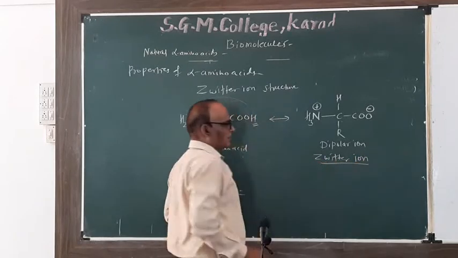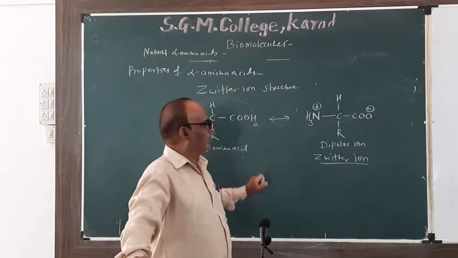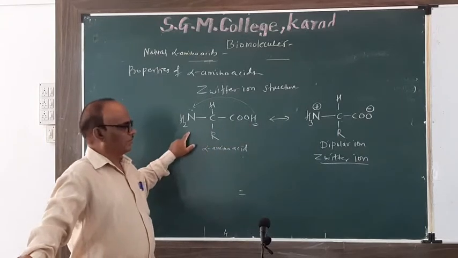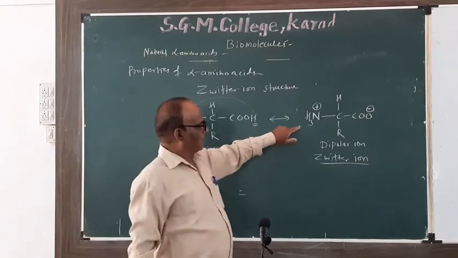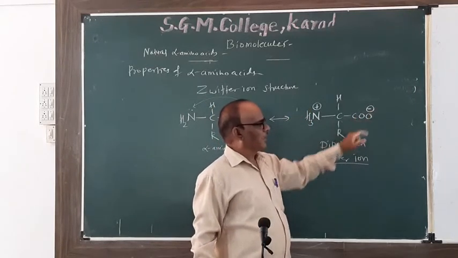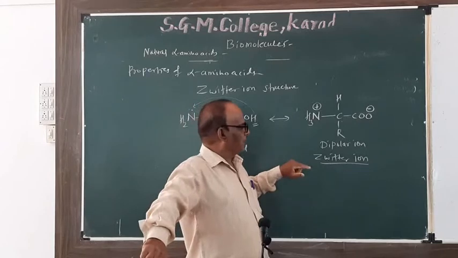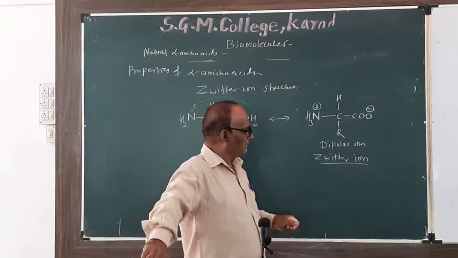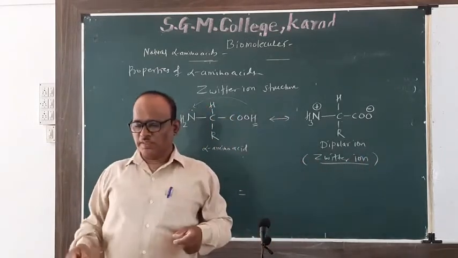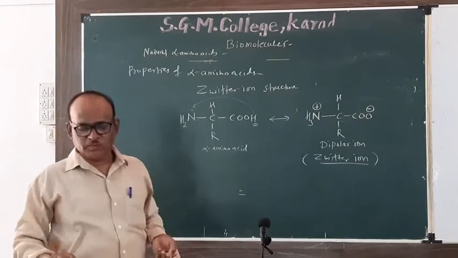Zwitter ion. In the exam, we may be asked to draw the structure of the Zwitter ion of alpha amino acids. It is a simple structure. You only donate this proton to the NH2 group, then it becomes NH3. Here the proton is added, therefore it carries a positive charge. Hydrogen is lost, so it carries a negative charge. So there are two charges, positive and negative, therefore it is called a dipolar ion, and this is the Zwitter ion. This is the structure of the Zwitter ion from donation of a proton to the NH2 group.